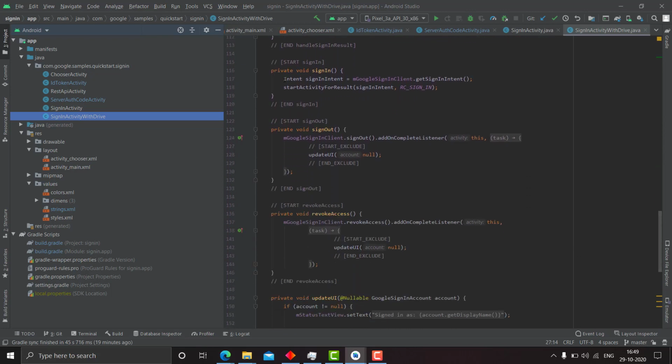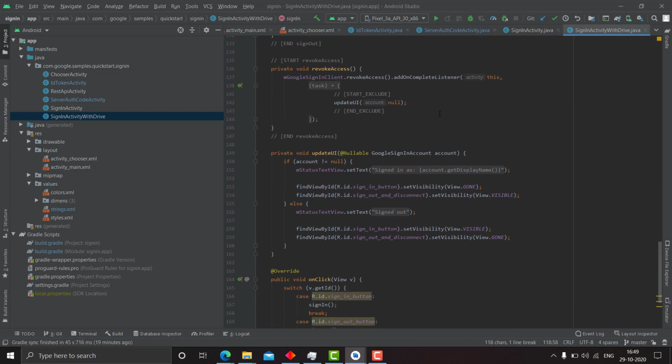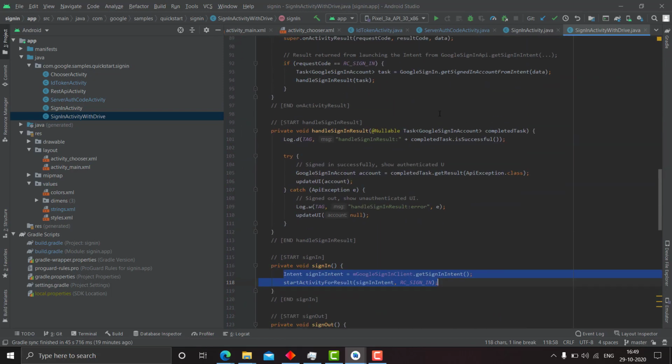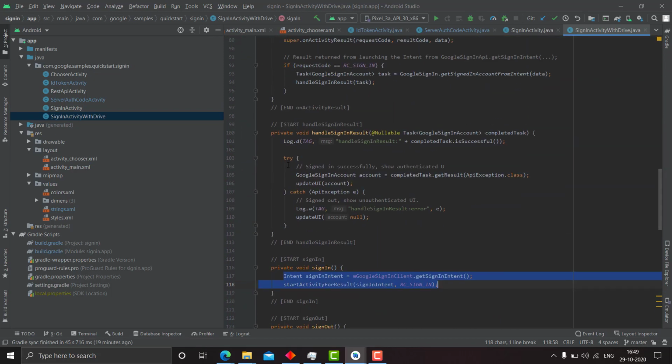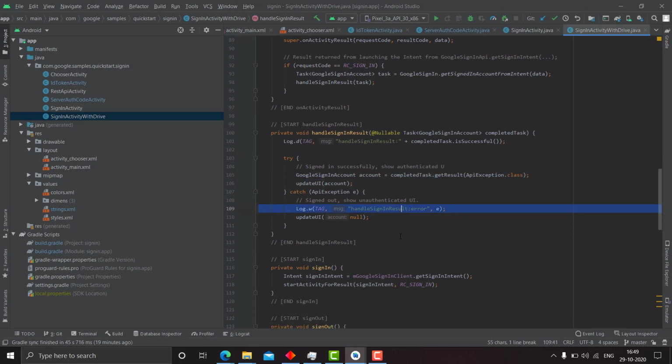See, again on clicking sign in, we just open the sign in intent, and here, handle sign in result. It tries to fetch the account of the user that you have logged in, and if the sign in is successful, then it updates the UI, otherwise it shows an error.